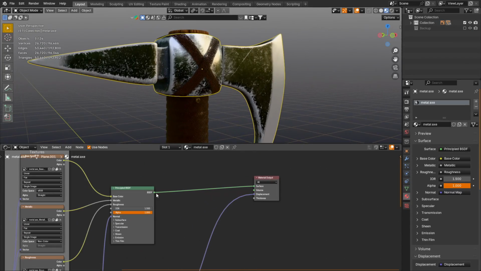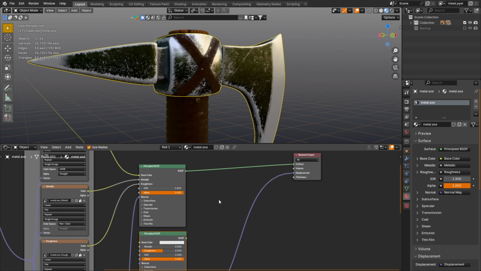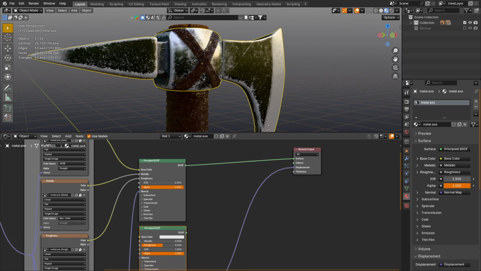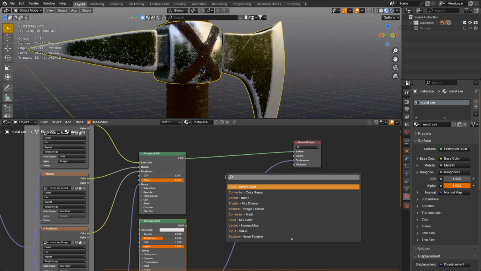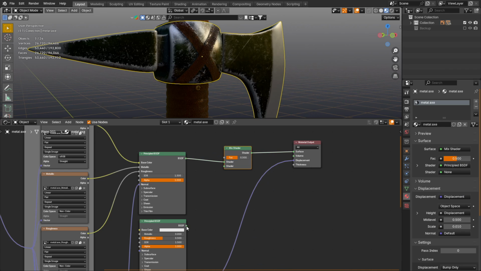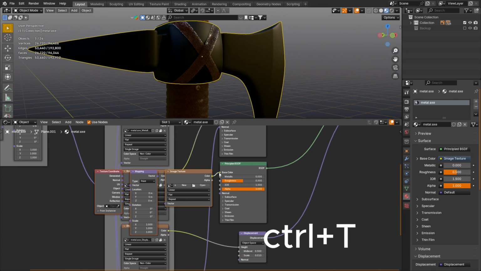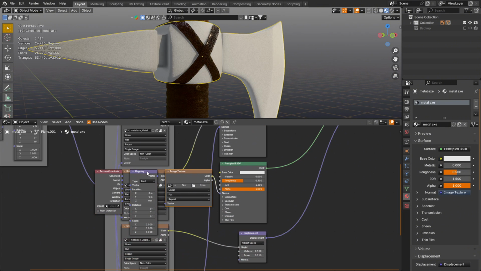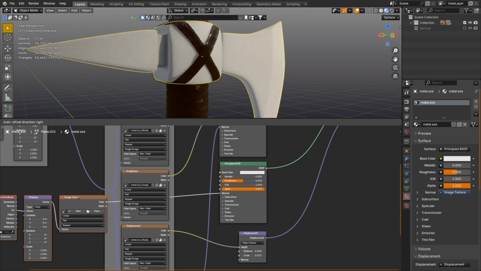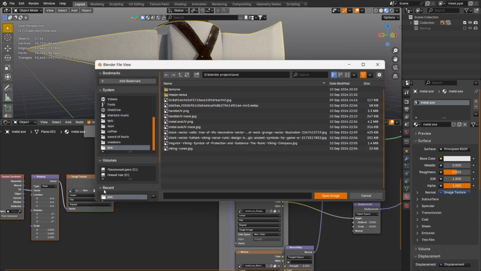Whoosh, and we're back in Blender. Now let's connect our logo with ancient symbols using the mask we just created. Copy the Principled BSDF. Add the mix shader node. Let me connect it directly so it's clear what's going on. Press Ctrl-T and quickly add an image texture with coordinates and mapping. Let's reconnect it to normal and move a little to the side. Now find our image mask on the disk.